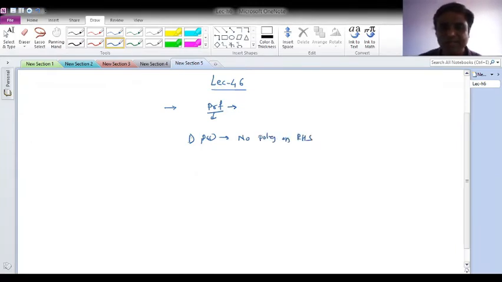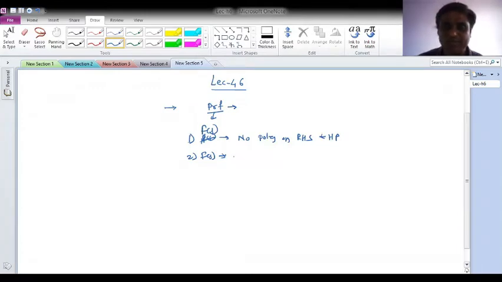Then how to check that? For that I will use the Hurwitz polynomial. If the denominator of p of s is a Hurwitz polynomial, then definitely no poles will lie on the right hand side of the S plane. The next: the function f of s is said to be PRF if it has simple poles on the j omega axis with the residue real and positive.